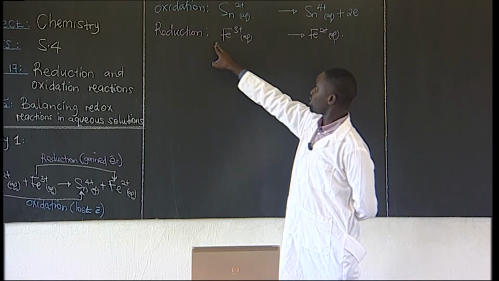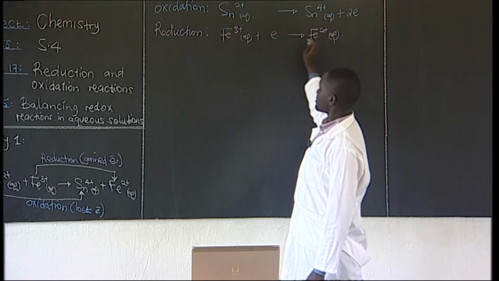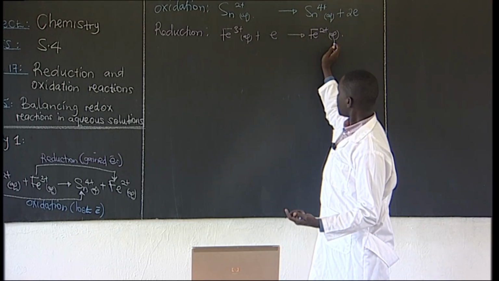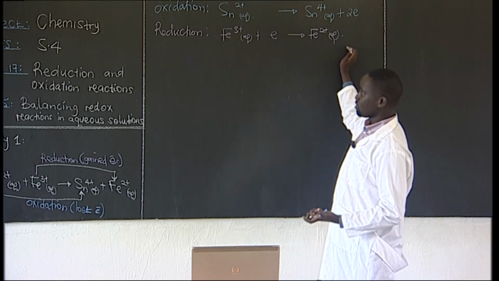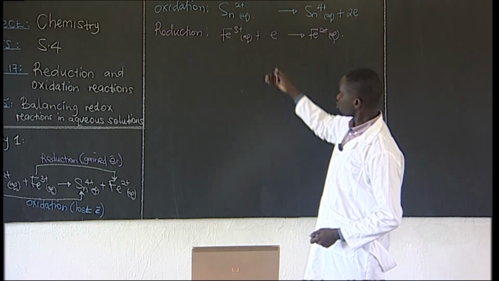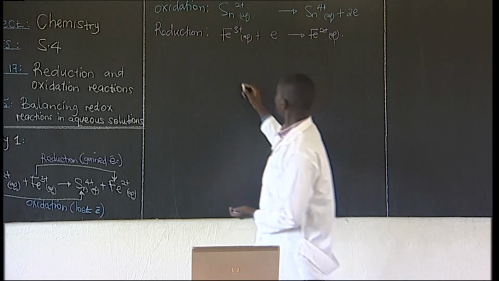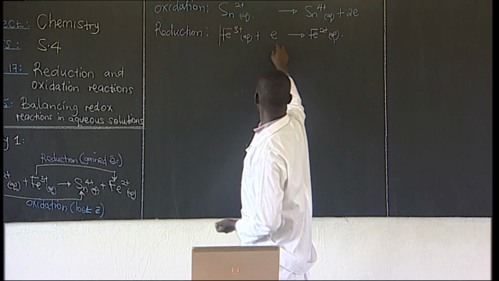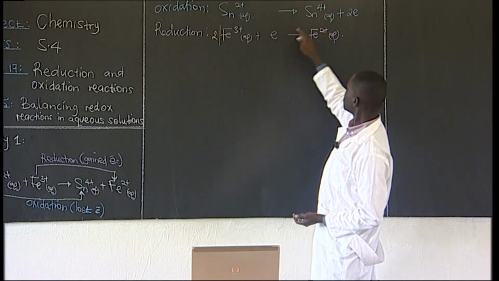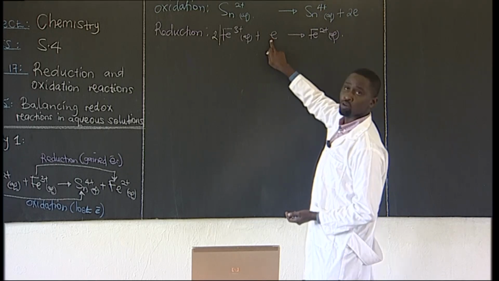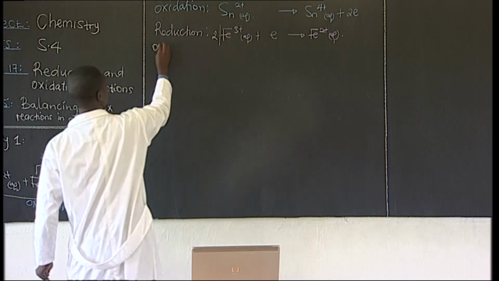Remember, in reduction electrons are gained, so we add electrons on this side. If we add 1 electron, it balances up. And from the principles, the electrons lost is equal to the electrons gained. So in this case, we need to multiply by 2 to balance up the electrons. Electrons lost equal electrons gained. So to get the overall,